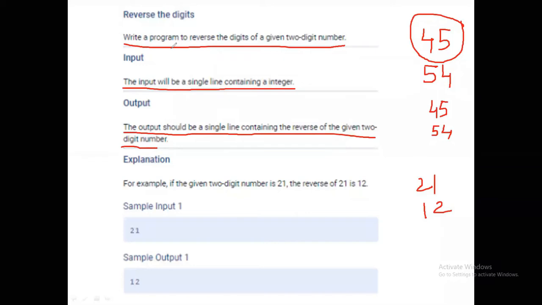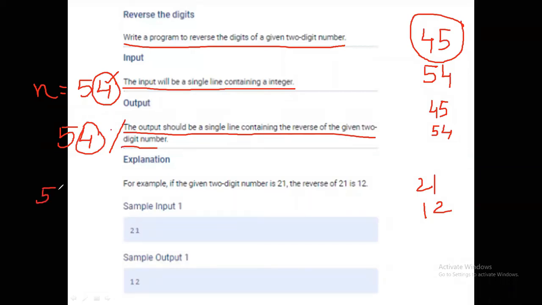We can solve this problem in many ways. I solve this problem like this. First, I read the number from the keyboard. For example, it is 54. I store this number in a variable n. After that, I am going to print each digit as output. How can we find each digit of a number? For example, I enter 54. How do I identify the last digit? If I find the remainder, percentage 10.